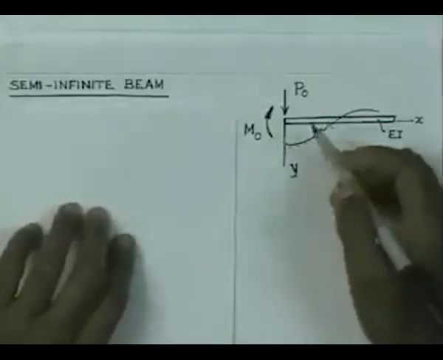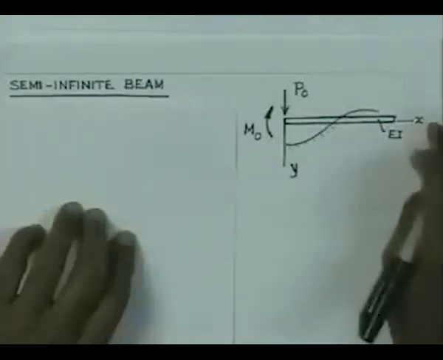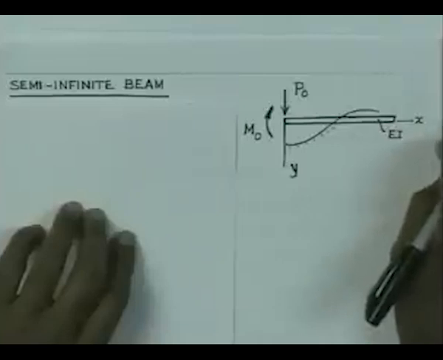Looking at the fact that the deflection should gradually diminish as we go towards infinity, the governing equation is going to remain the same, and therefore we can write the solution for this problem in a similar fashion as we have done in the other case. For the semi-infinite beam, let us write the deflection equation in the form